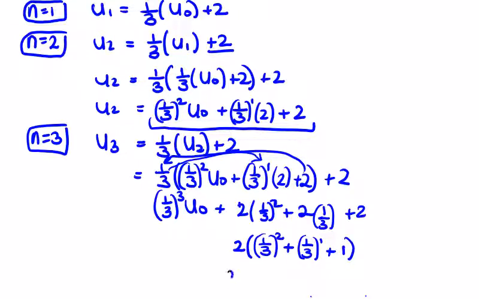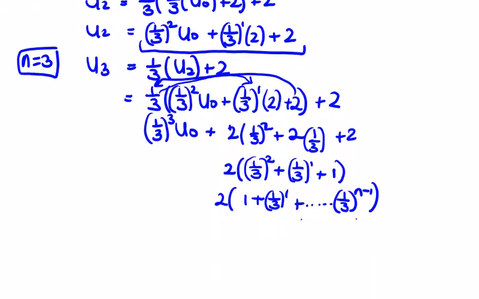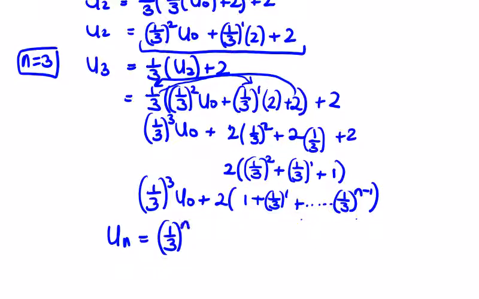So reversing this expression around, 1 plus a third to the power of 1 plus all the way to a third to the power of the highest one in here, which is 2, so n minus 1. And I'll bring down my third to the power of 3 times u0. So converting this to un, we're going to have a third to the power of n times u0 plus 2